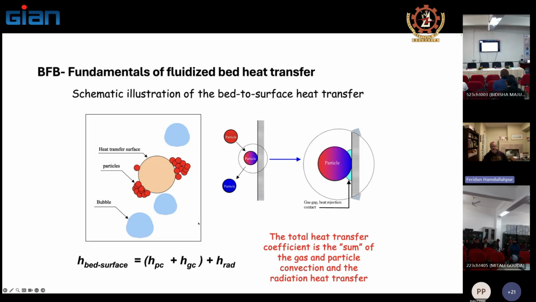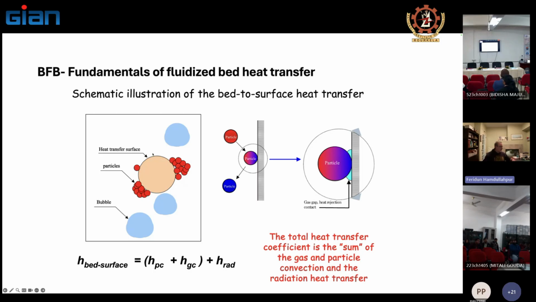So you have reactant flow, bubbles, they contain hot gases, unburned fuel, gaseous fuel, all kinds of things. And you have particles touching the heat transfer surface. So you have three mediums: hot air, bubbles, and single particles or clustered particles, all touching this heat transfer